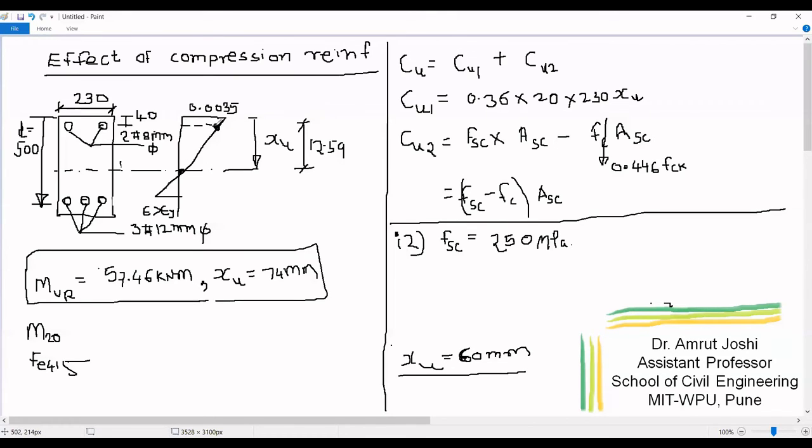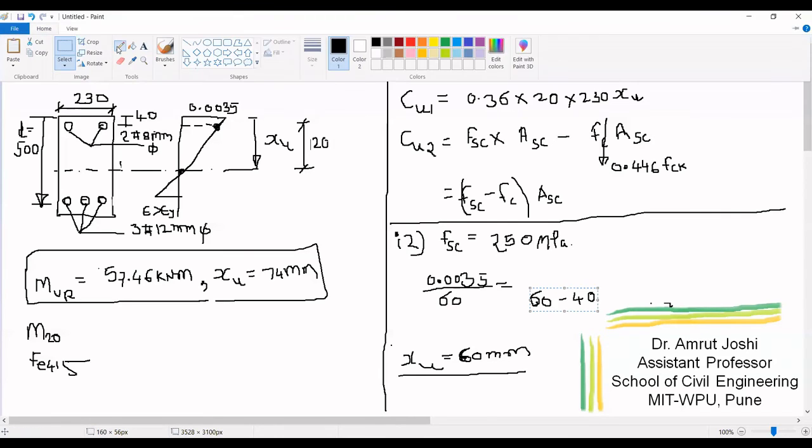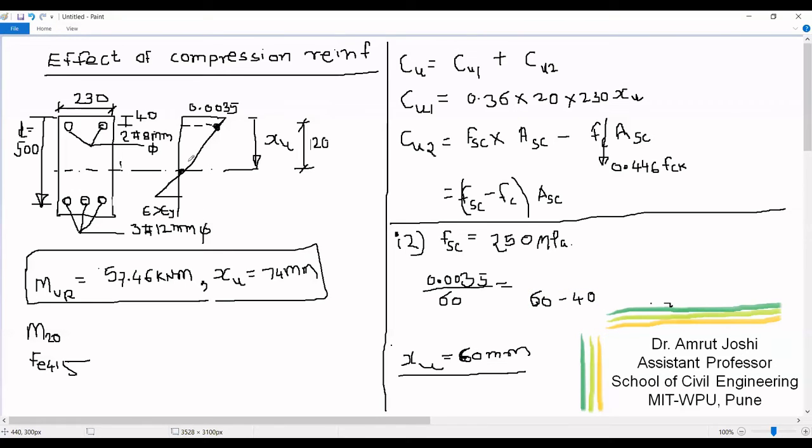So again, we are going to apply similarity of triangles. This is the first triangle, this is the second strain triangle. So we get 0.0035 divided by XU, that is 60 mm. Therefore, by similarity of strain triangles, 0.0035 by 60 must be equal to strain in compression steel divided by, now this distance is 60 minus 40, that is 20. So divided by 20. If I solve this, I get